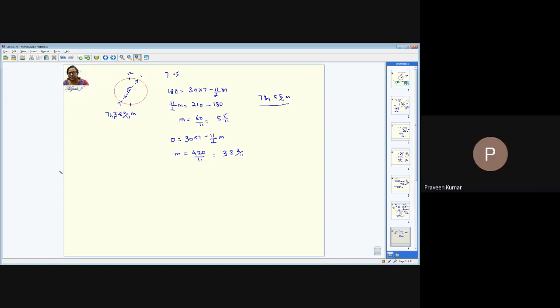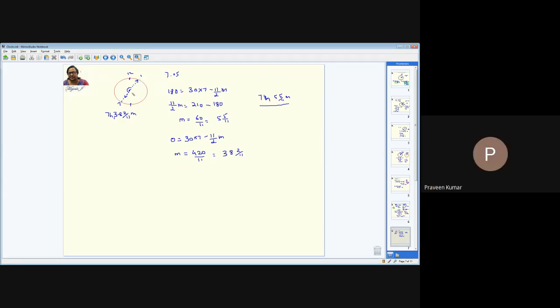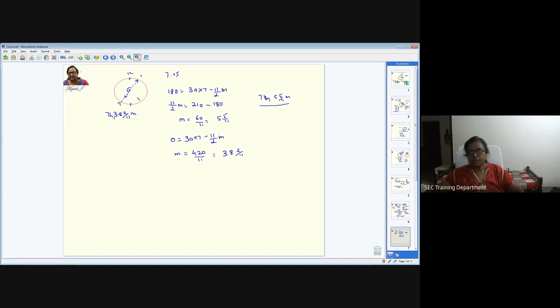So the three things we have done here are for any time. 7 is quite common because you know that at 7 the straight line is easy to find out. So you can also do it for 8 or 4, you try to find out later. The three things which you have found out: it will be in a straight line at 7:5. It is going to be at right angles at 7:21 something or 7:54 something. And then it is going to coincide with each other at 7:38, 2 by 11. Clear?